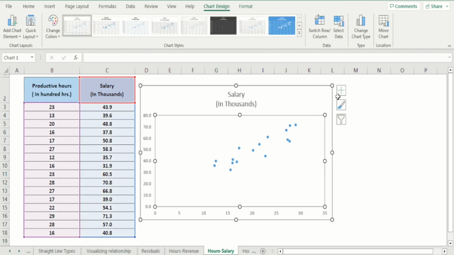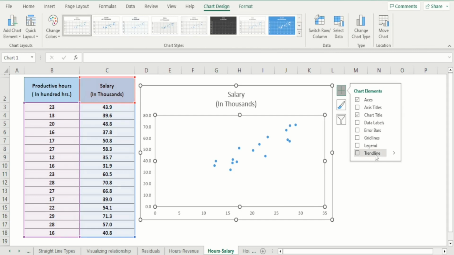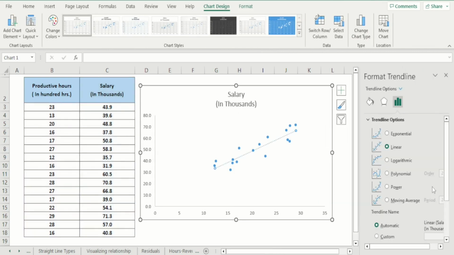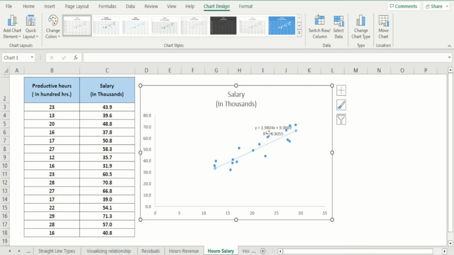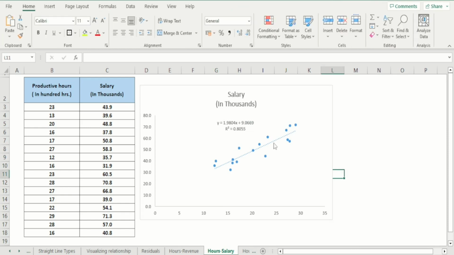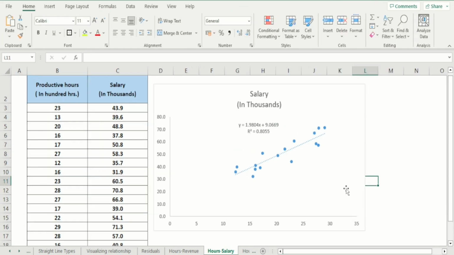Now immediately what we'll do is, let's go to the options under trend line, choose the option for more options, and what we're interested in primarily is going to be the equation as well as the R square value. There we are. What we have now is this blue colored dotted line that you see here. This blue colored dotted line is the line of good fit. This blue colored dotted line is represented mathematically by this formulation here, which is y equal to